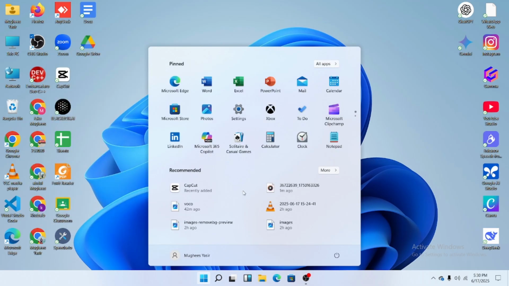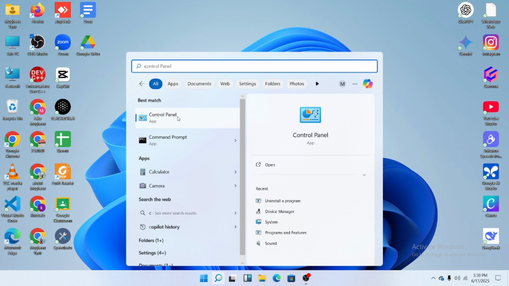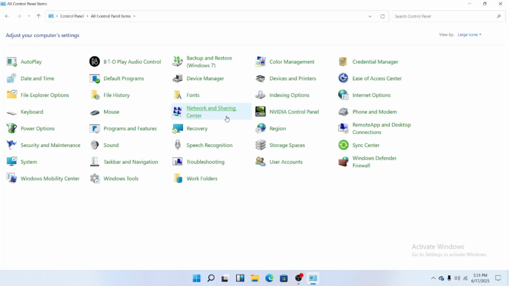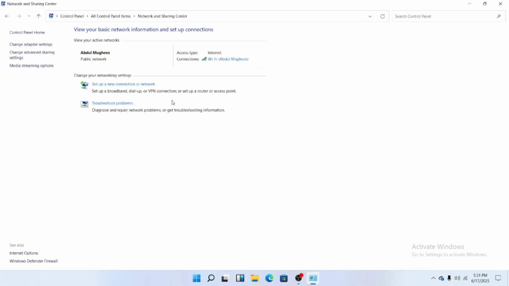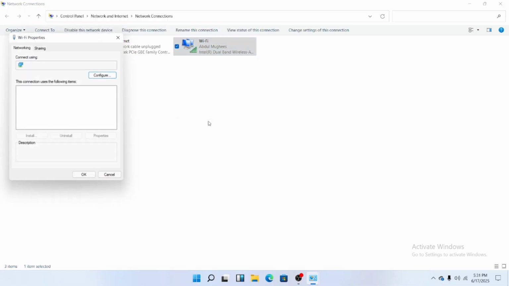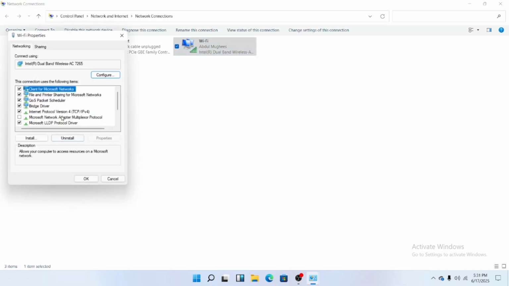Now, go back to the Start menu, search for Control Panel, and open it. Set View by to Large icons, then click on Network and Sharing Center. From the sidebar, select Change adapter settings, find your network, Wi-Fi or Ethernet, right-click it, and go to Properties. Double-click on Internet Protocol Version 4,